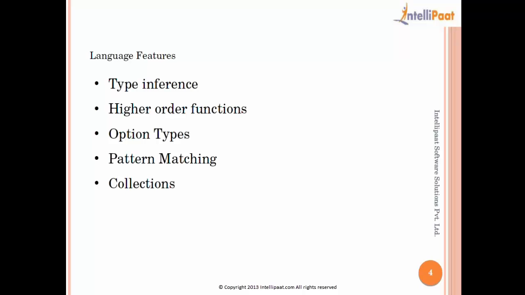The first thing is type inference. Type inference is, like I mentioned, Scala is a strongly typed language. So every time you declare a variable, you have to declare the type in other strongly typed languages like Java. But in Scala, you need not declare the type. Scala can automatically infer the type from whatever variable declaration you have given. For example,